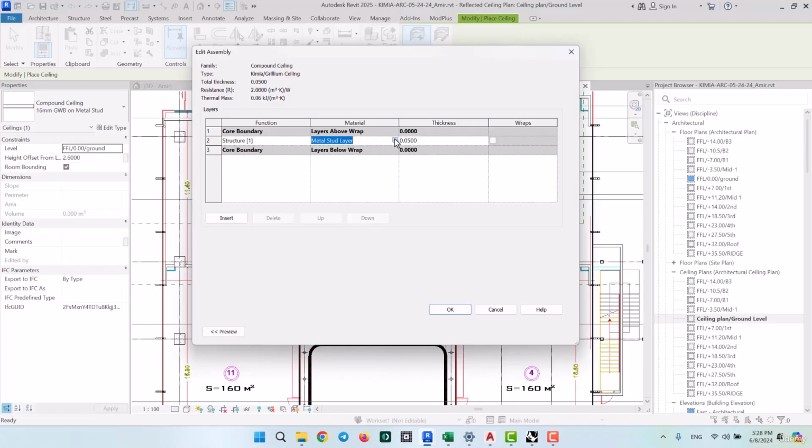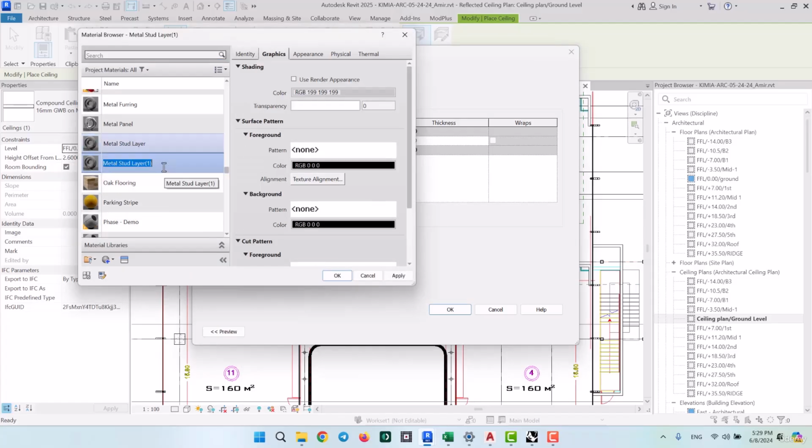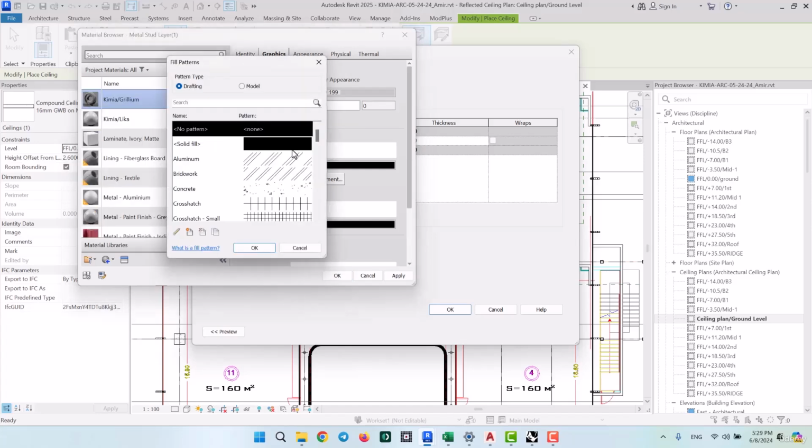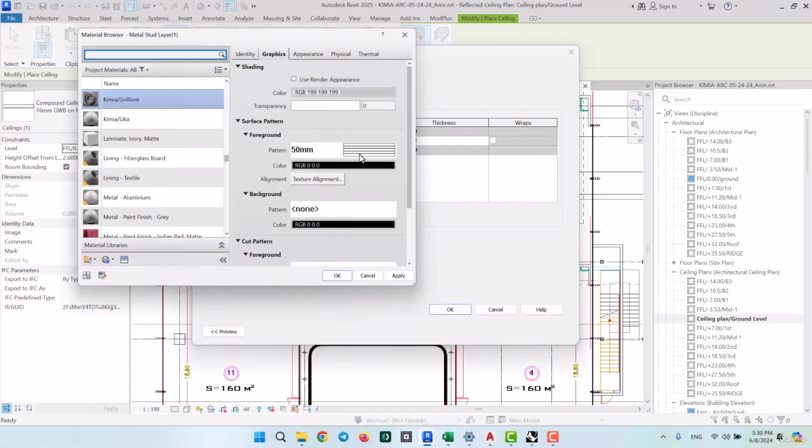Now I'm going to also need to assign the correct material to the ceiling. So I'm just going to go over here and duplicate one of the materials. And then I'm going to name the duplicated one Chemia Grillium. Okay, so its color seems to be fine. And what matters more to us is the fill or surface pattern, because you remember it had a pattern in the plan. So I'm going to assign a surface pattern here as well. For example, I'm going to select this one. Then I'm going to click OK,